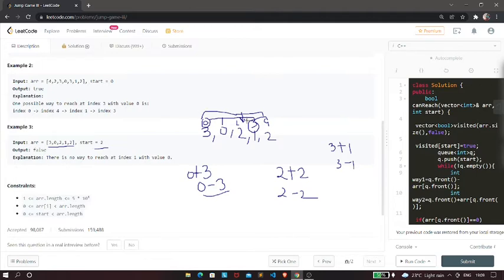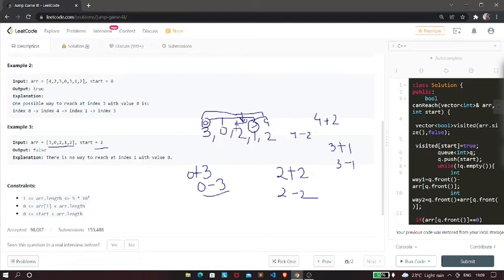So these are the two indexes that we can go to from index 3. So let's say that we move to index 4. Again we need to perform this operation, but this 6 will be out of the box, so we will not go. Now 4 minus 2 will lead me to 2, but it is already visited, so we are not going to consider that.